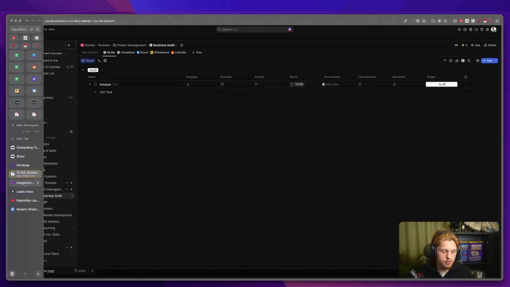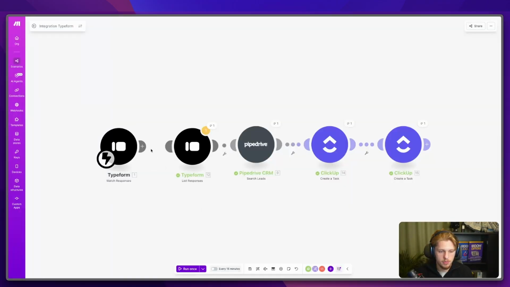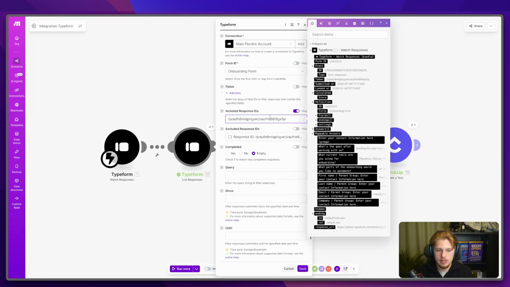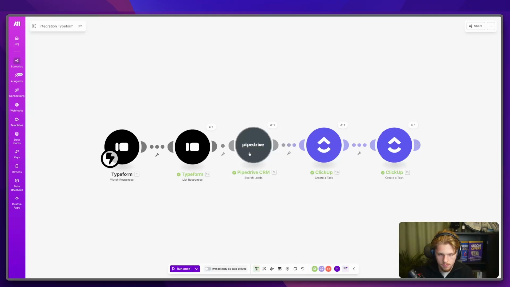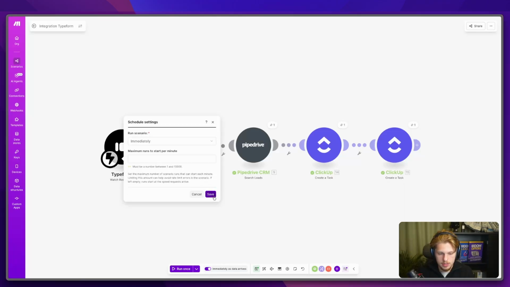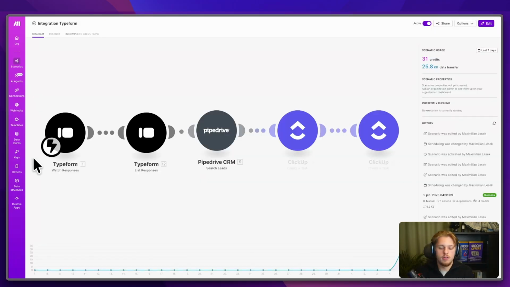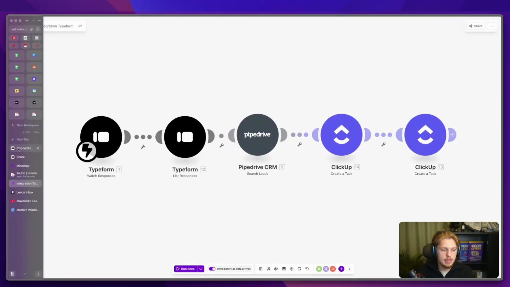So we go back into make.com. I'm going to do it like this, connect it, and make sure everything is completely listed from the beginning. So all automated, from the token, onboarding form, search leads, perfect. I run this as active. It's now all saved, all up and running. And now, if I decide to have a client in the leads in Pipedrive, and they fill out this onboarding form, start, with my name,